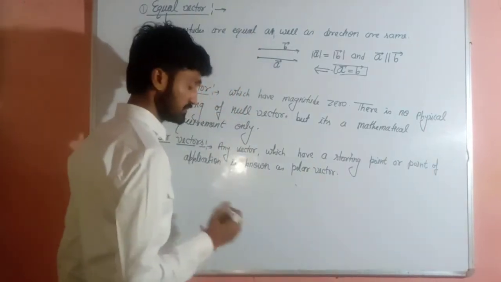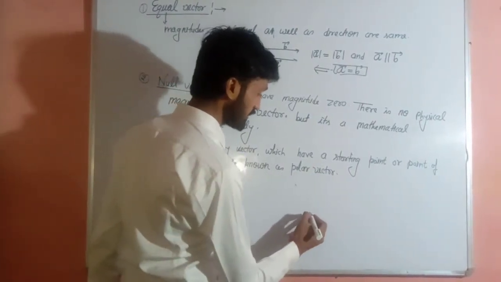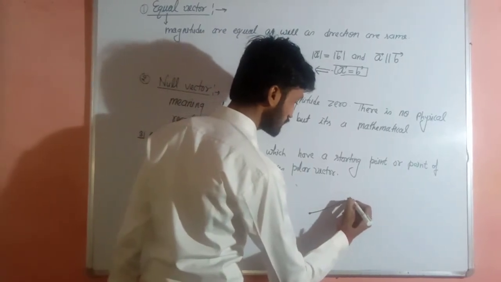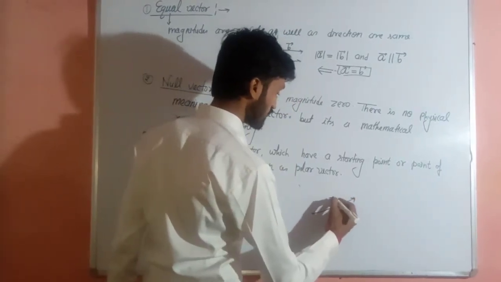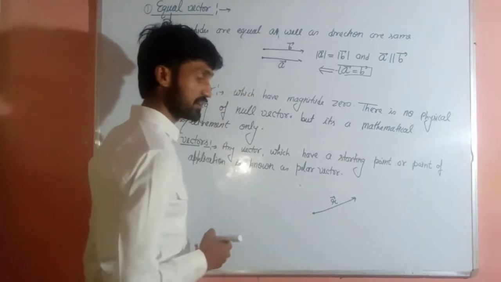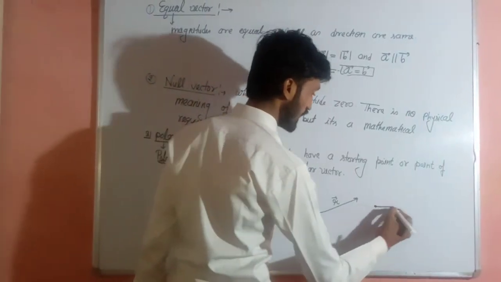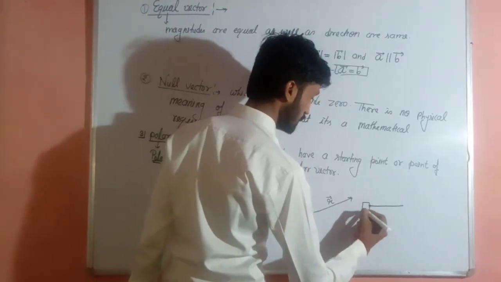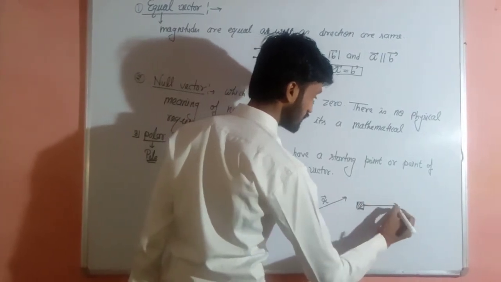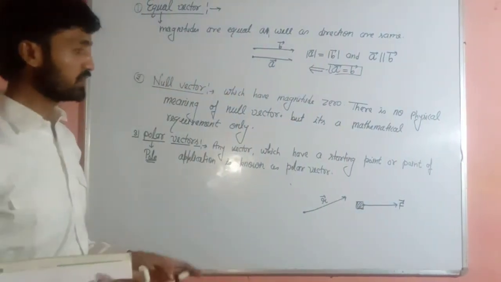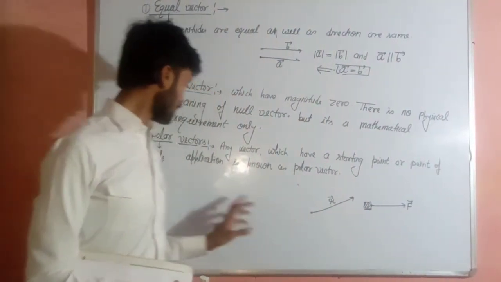For example, position vector, it has a starting point and a final point. Position vector R is a polar vector. Force, it has a starting point acting on an object and a final point. See on the board, the polar vectors